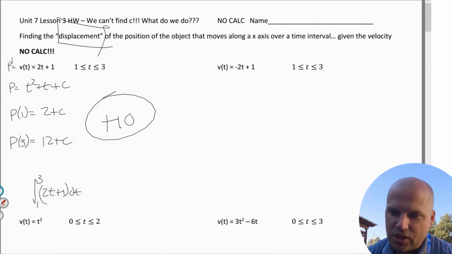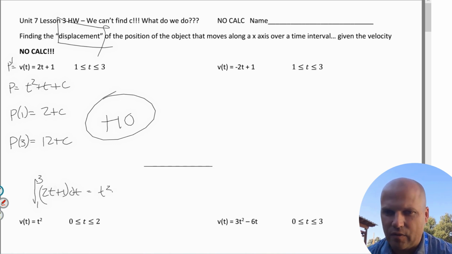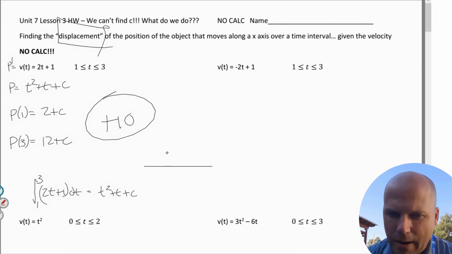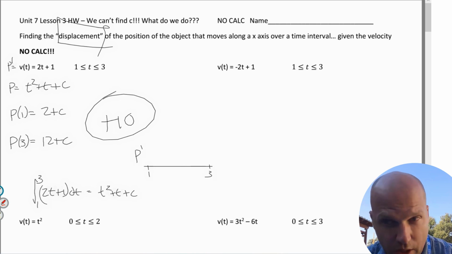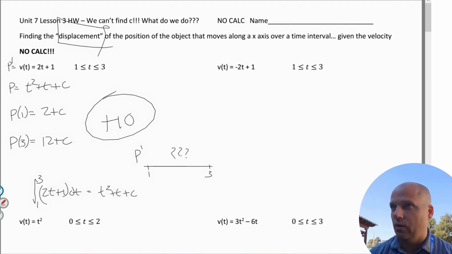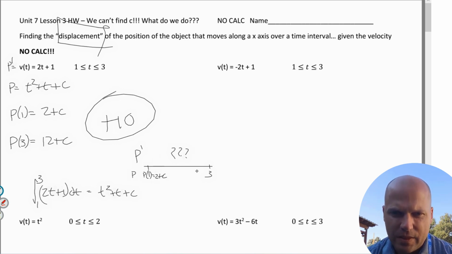And like I used to teach students, like just like here's what it is, and just like do this, take the antiderivative, and oh, you're gonna have a plus c, and don't worry about the c, and then you plug in 3 and plug in 1 and subtract. But now I teach students, hey guys, we really just have the situation we've been dealing with since a long time ago, that if we understand the signs of a derivative, now let's say we don't even know, but we actually understand, a position's going to increase or decrease based on the sign of its derivative, and we figure out this,